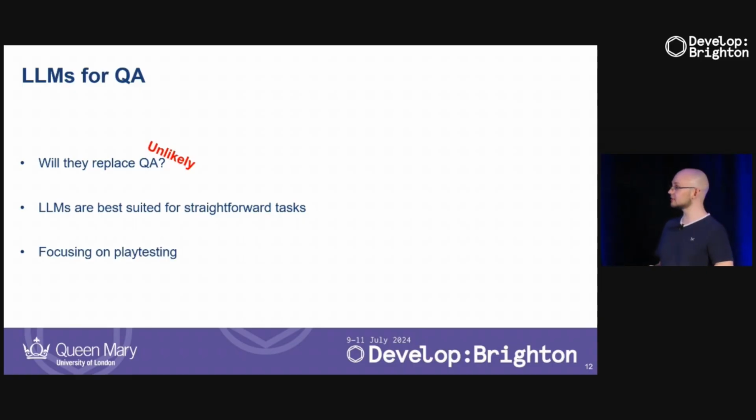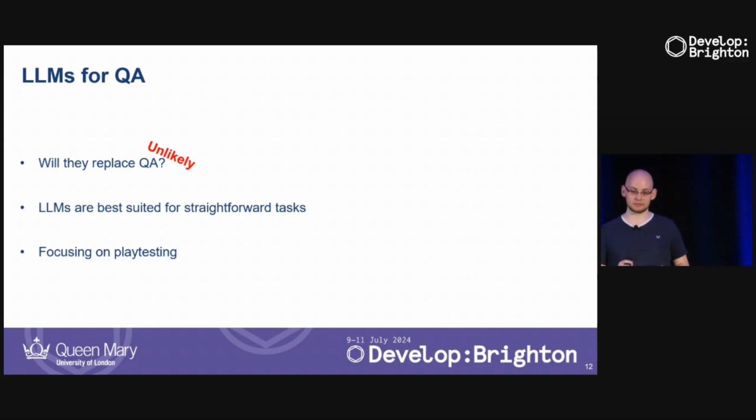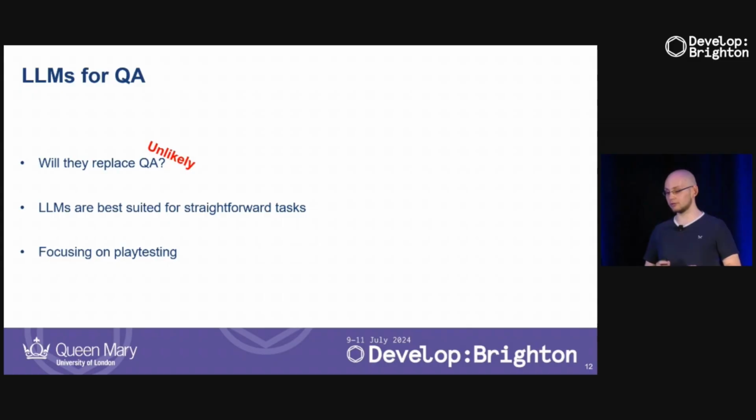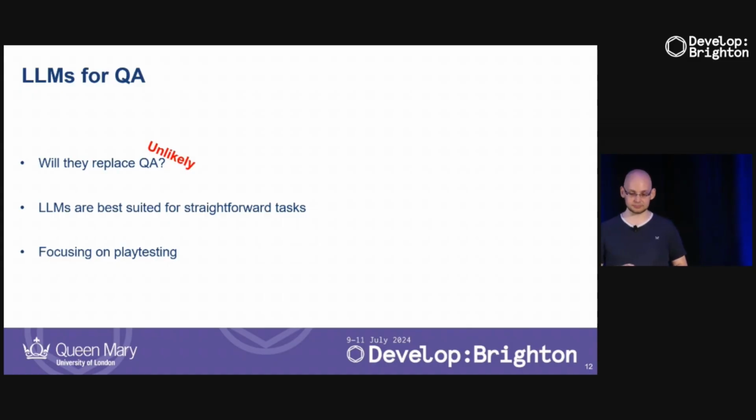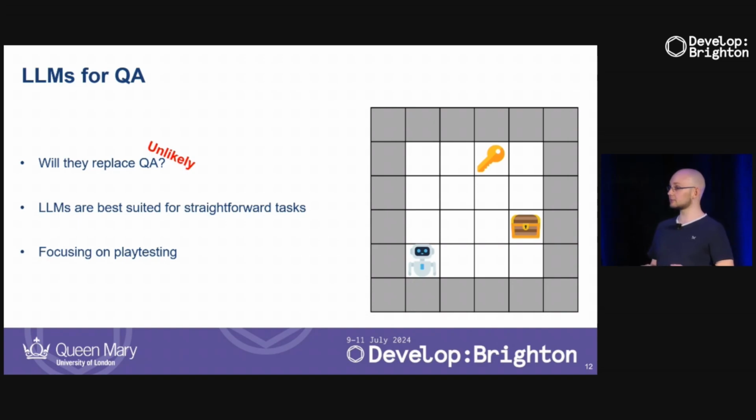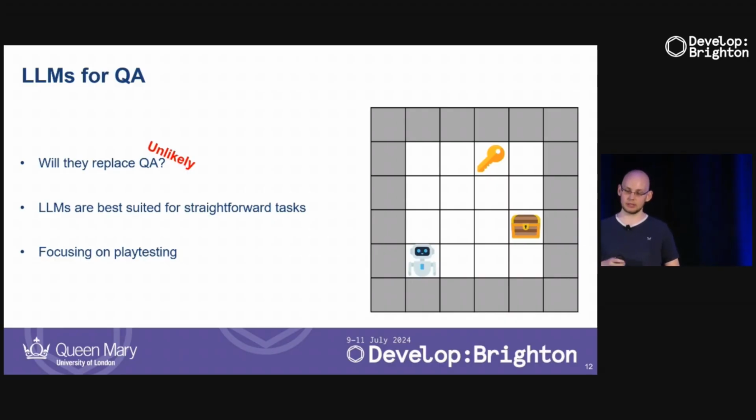And that's why in this talk, I will be looking at just playtesting, meaning we want to check, is our game bug-free, which is the best kind of thing that we can do with large language models, even though we even have to restrict this kind of use case. And let's look at one simple example, where we have just one simple agent. We have a mouse, a key, and a chest, and we want to check, okay, can we open the chest using the key?